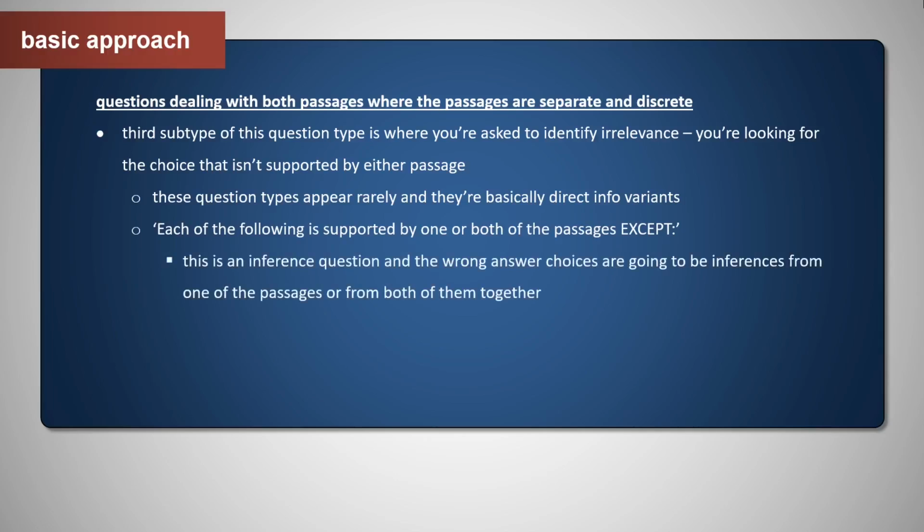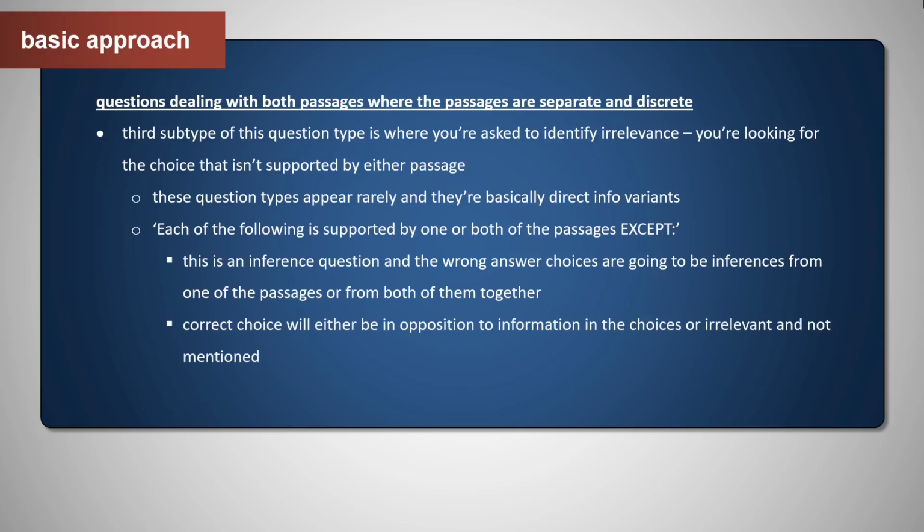So this is an inference question, and the wrong answer choices are going to be inferences from one of the passages or from both of them together. The correct choice will either be in opposition to information in the passages or irrelevant and not mentioned. So